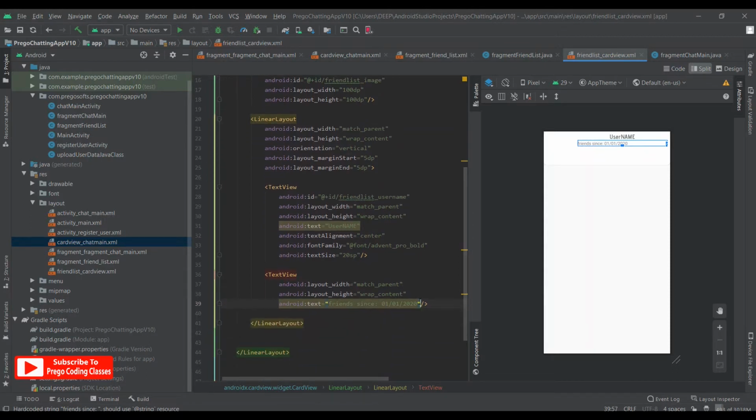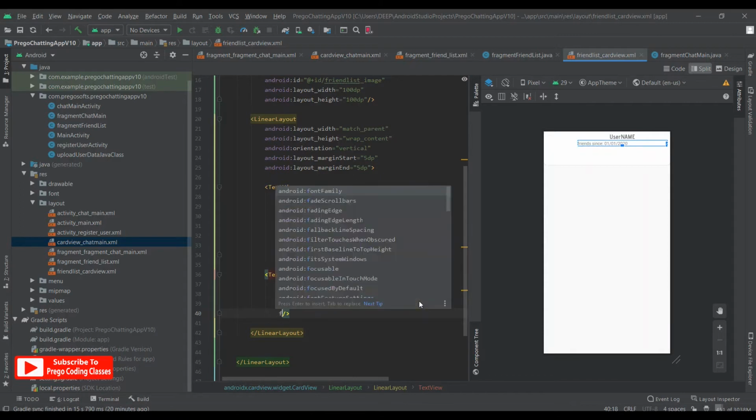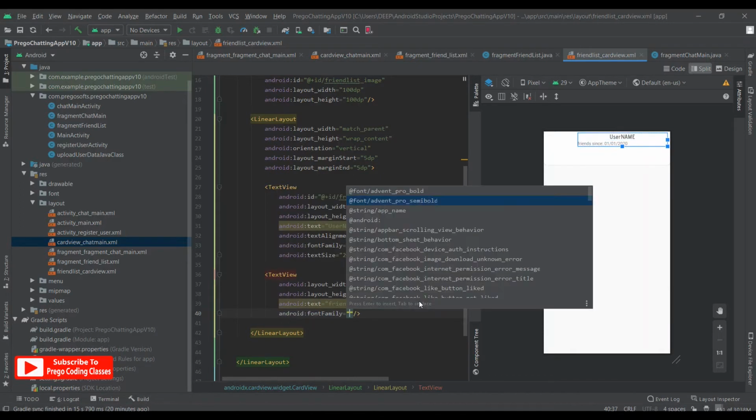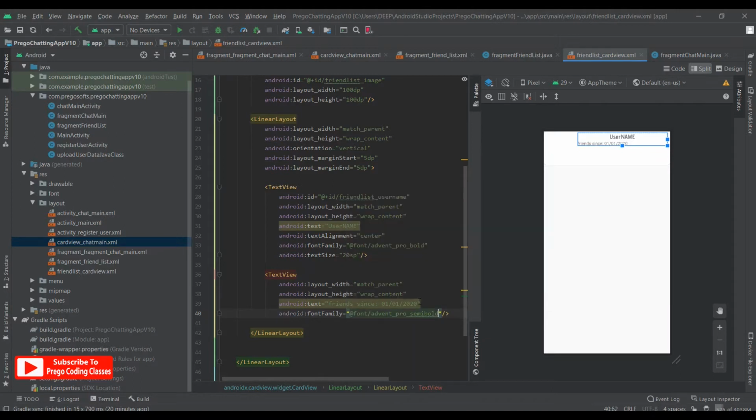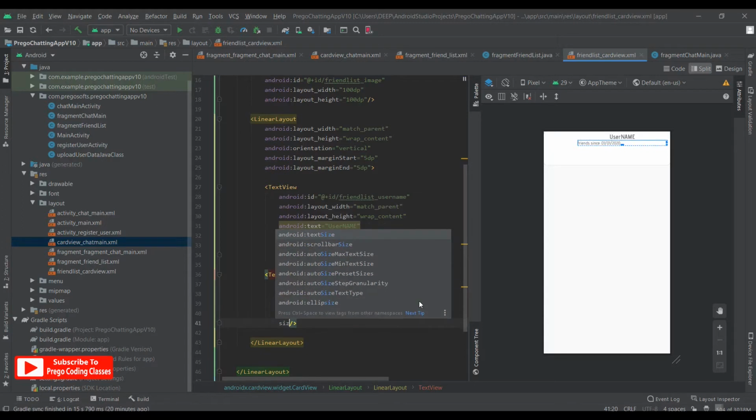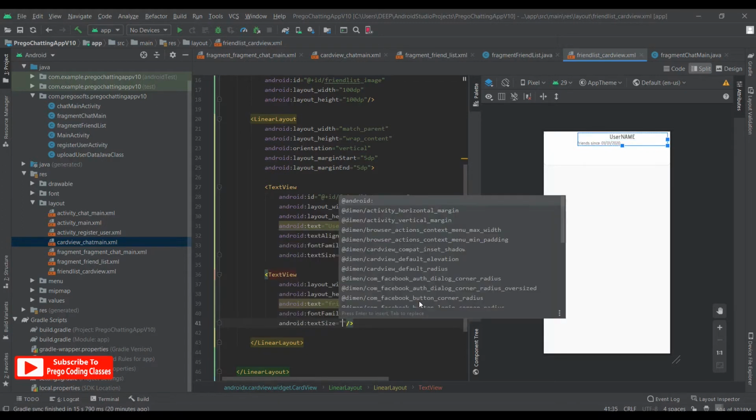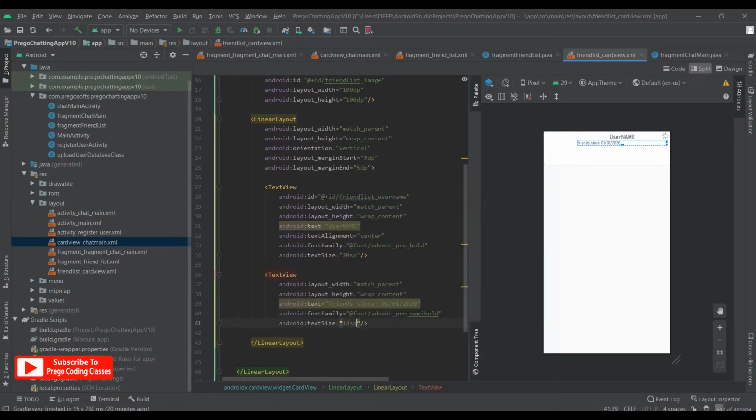we'll give it a font family of semi pro, or let's say Advent Pro semi bold, and the text size of, let's say 14 SP. Let's see how big this is. This is good.